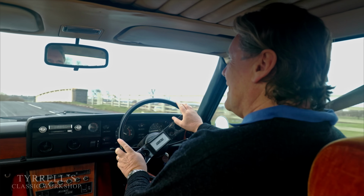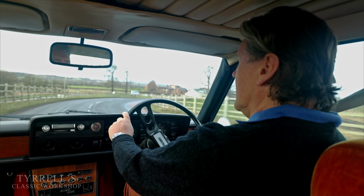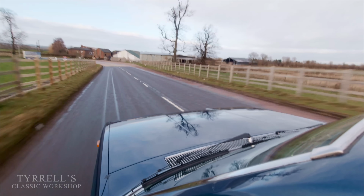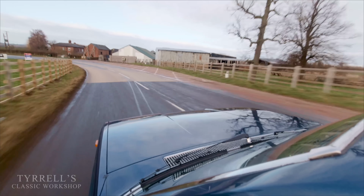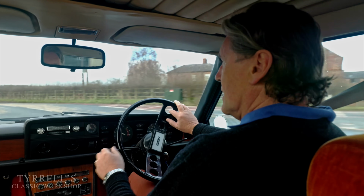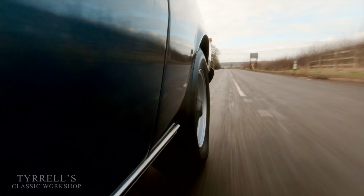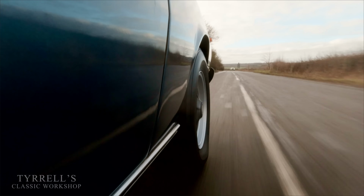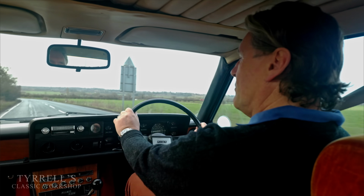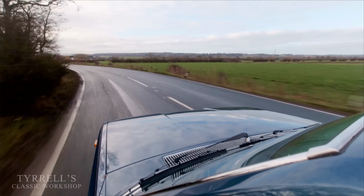Oh, that is lovely. As I said earlier, the car was sort of positioned in an interesting place in the marketplace. It was marketed as an auto-only car, I believe, in the UK. I've never seen a UK spec right-hand drive manual car, but it was because automatic transmissions were associated with prestige cars in the 1970s, to a large extent, luxury cars anyway, not sports cars of course,